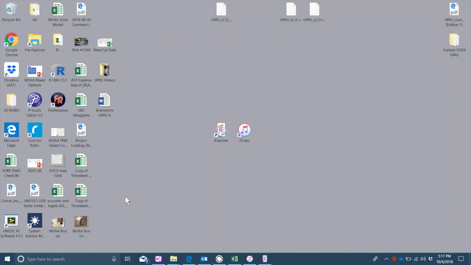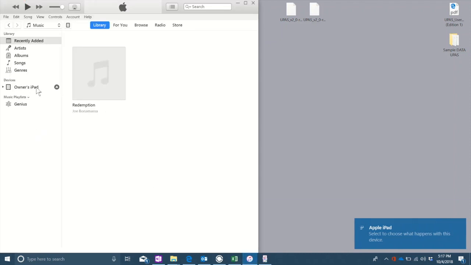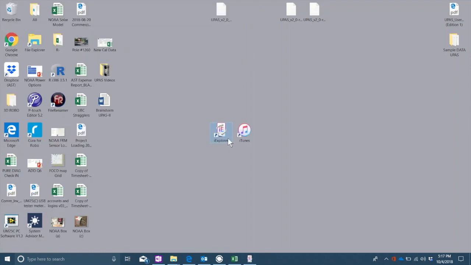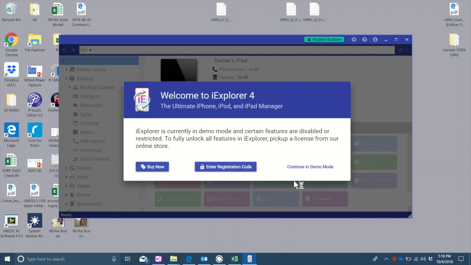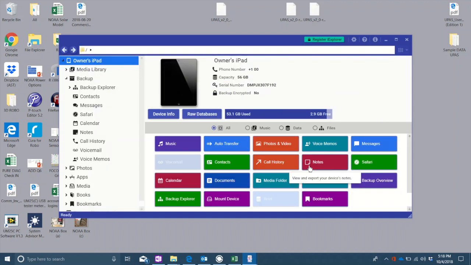I'm now going to connect my iPad to the PC computer using a USB cord. As the computer recognizes the device, iTunes will also recognize the device here. In this video, I'm using an iPad. Once iTunes recognizes the device, we'll no longer be needing that program, so I'm going to close it and open up iExplorer. As I mentioned before, you can use this in demo mode for the purposes of extracting data. Right here, you can see that iExplorer has recognized my iPad,